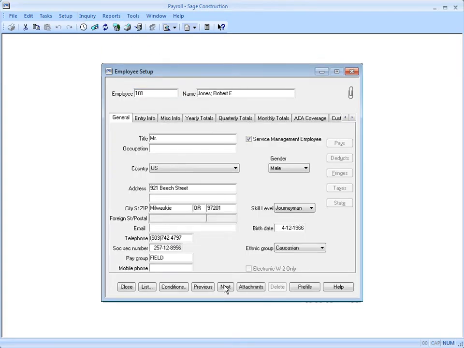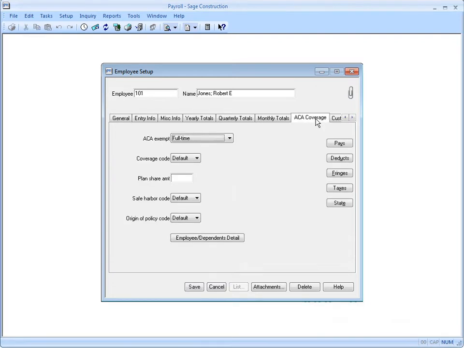And once you have an employee selected, go to the ACA Coverage tab. Use this tab of the Employee Setup window to record information about this employee's health care plan to use for reporting required by the Affordable Care Act. Start by selecting the ACA Exempt status, which determines if the employee should be included or excluded from Affordable Care